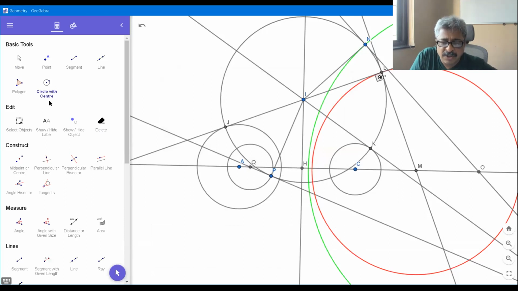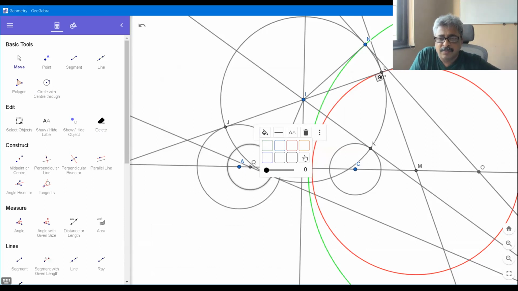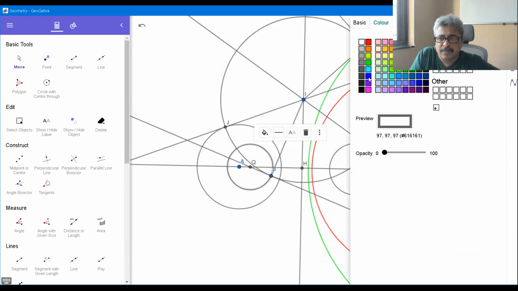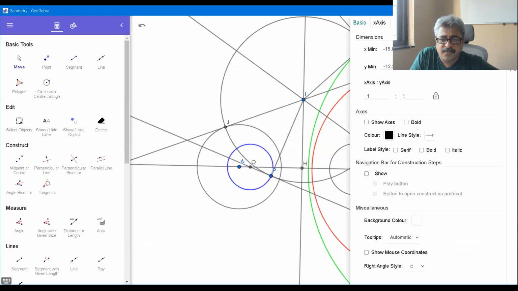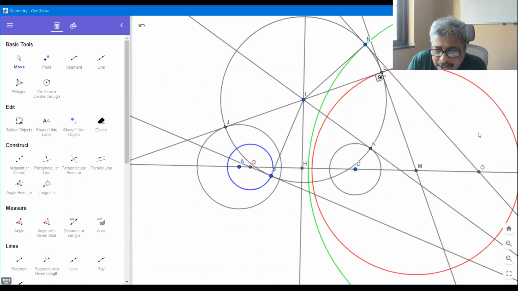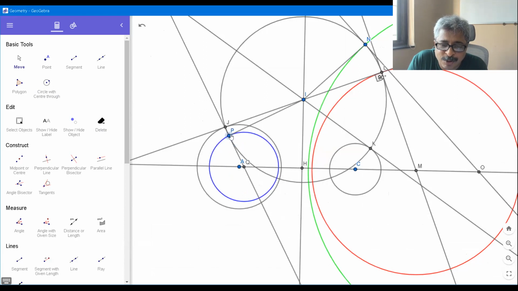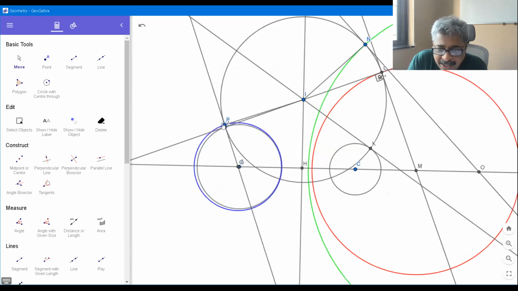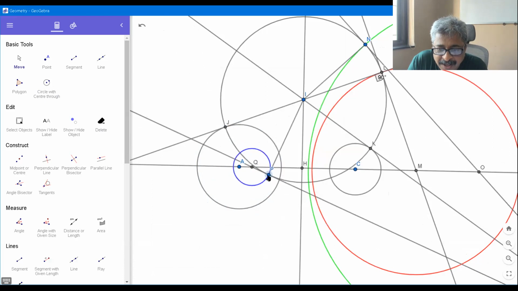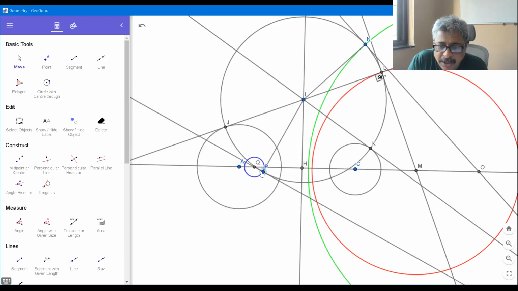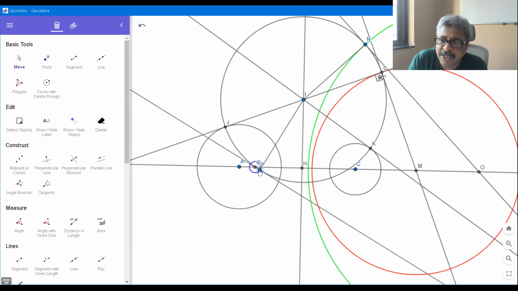So give a different color to this. Very good. Now, can you move that point P on the orthogonal circle? Can you move that? Close. One minute. Slow. No, first go to the original position. Now move slowly towards A. Slow. One minute. Can you observe that the circle is becoming smaller and smaller?